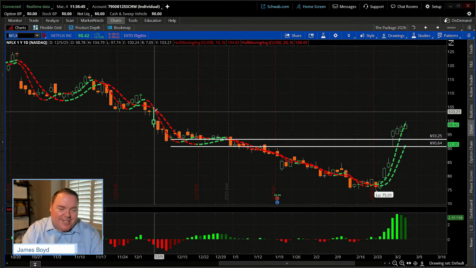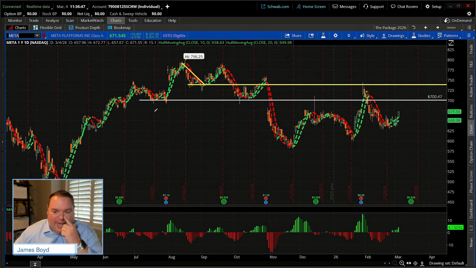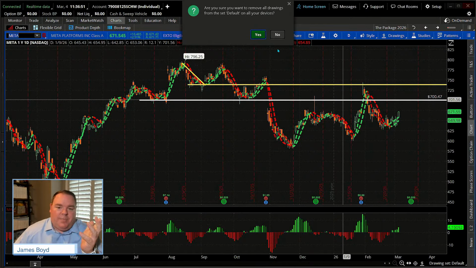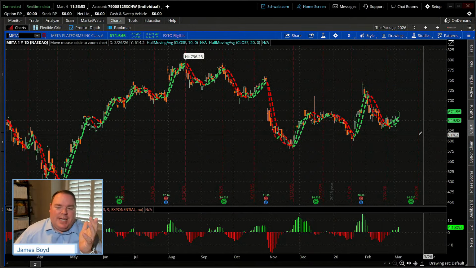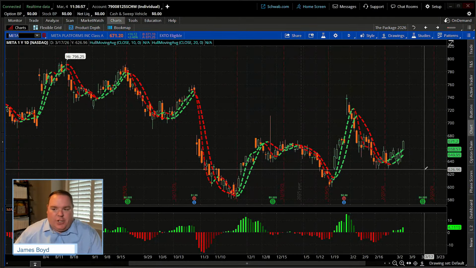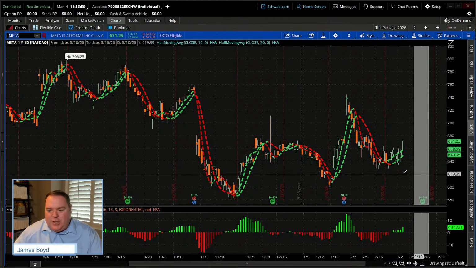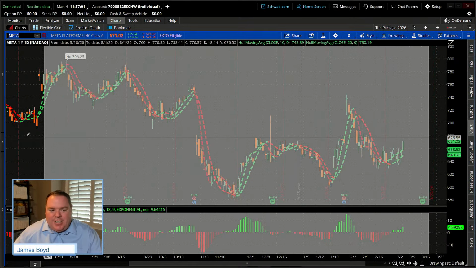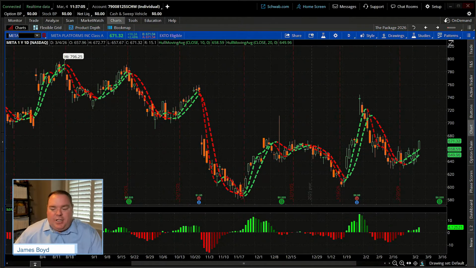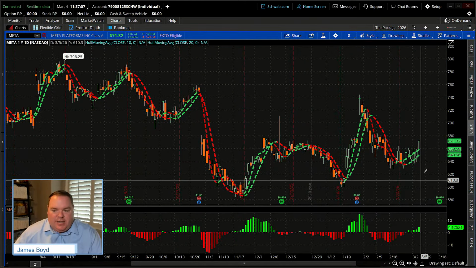Now, what I'm going to do is let's go back to Meta for just a second. If we looked at Meta and said, hey, look, we're going to look and see, can we see a bounce spot on this chart? Now, if we zoom in for just a moment, if we were going to take a ruler and actually say, where do we see some resistance levels?